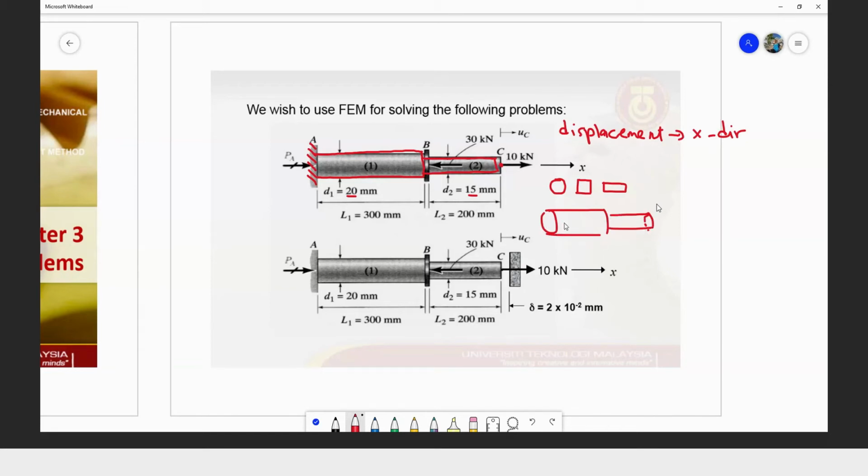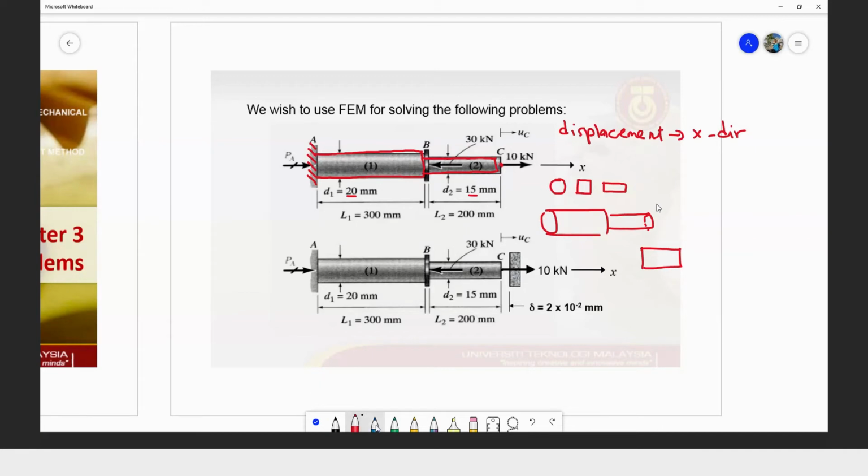tapi deformation in one direction only, so kita boleh simplifykan model ni dengan assumption kita, problem ni instead of 3D problem, we can assume it as a 1D problem. Tapi in detail lah, kalau kita tengok in detail, when we pull something,